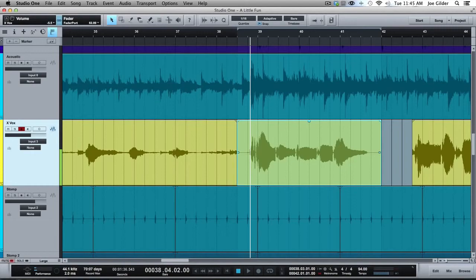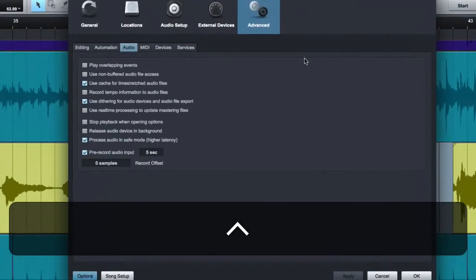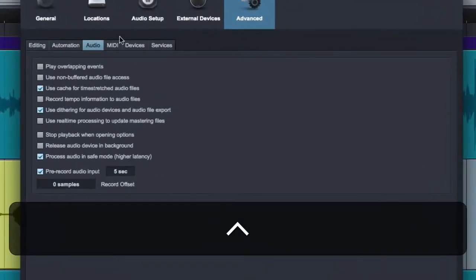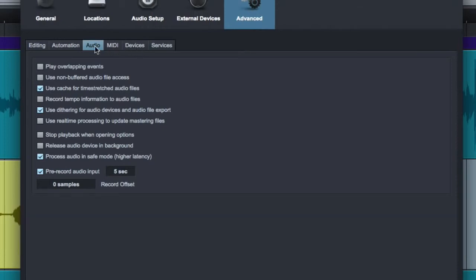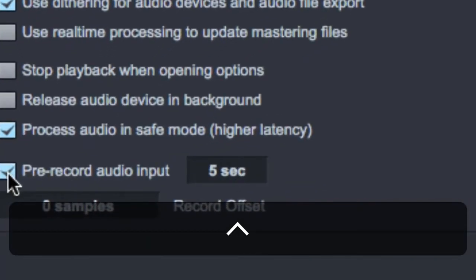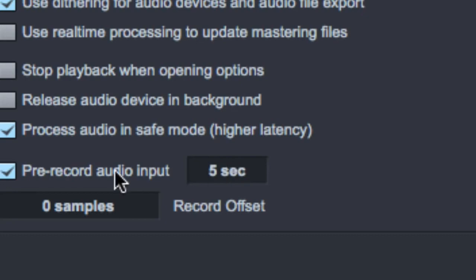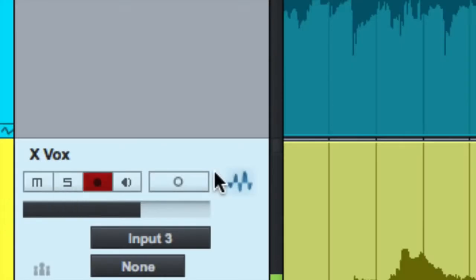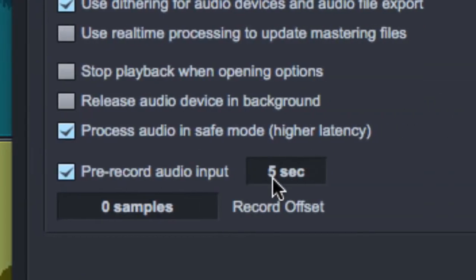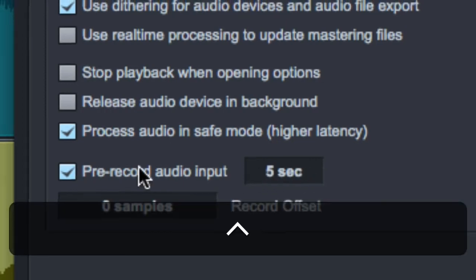One more quick thing. If you come over to Preferences, under Advanced, if you look under Audio, there's this section right here at the bottom. Pre-record audio input 5 seconds. Make sure this is turned on. I don't care how much, 5 seconds seems good, but what this allows you to do is